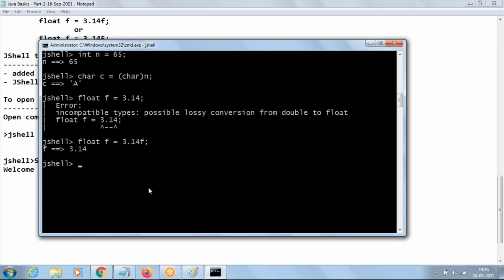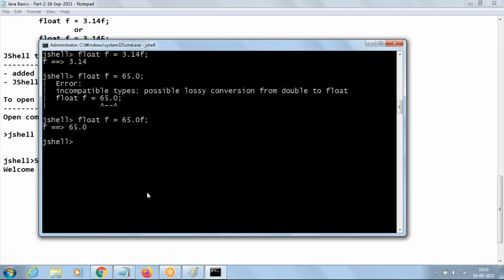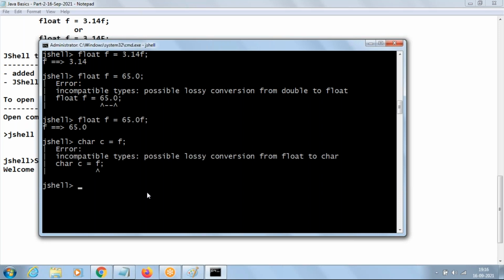Yeah, Rajdeep, your question. What you asked? I want to convert float to char. So I'm having a float f equal to some 65.0, for example. Of course, we have to end with small f. Now I want to convert into character. c equal to f will go with error. Then how to convert? Character c equal to, you can see here, character and say f. And see, we are getting the same capital A. No problem at all.